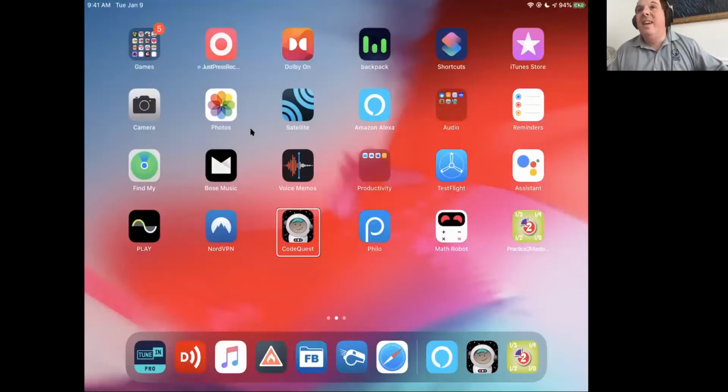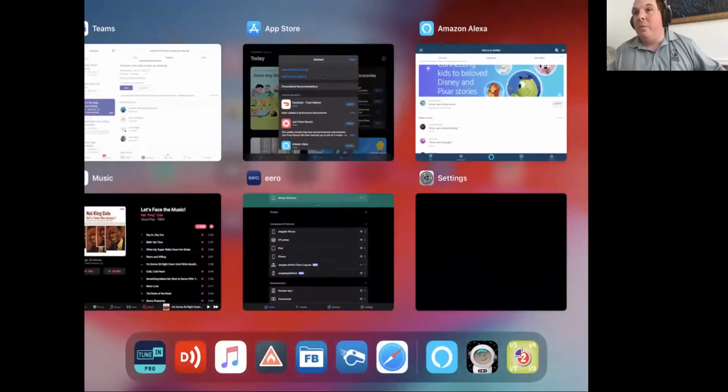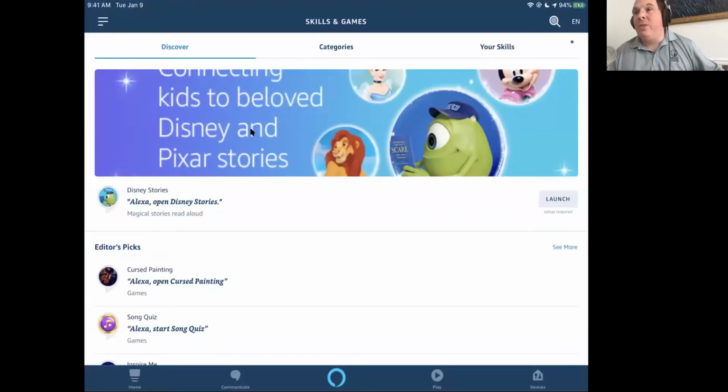Double tap to open. I'm going to go back and redo that here. What's fun is when you launch the skill, it's going to ask you to start. You can say settings, or you can say start playing. If you go into settings, you can adjust the difficulty. You can choose if you want to do addition, multiplication, subtraction, or division, or you can do a mix of all. So we're going to go ahead and restart this here. Hopefully we'll get sound this time.